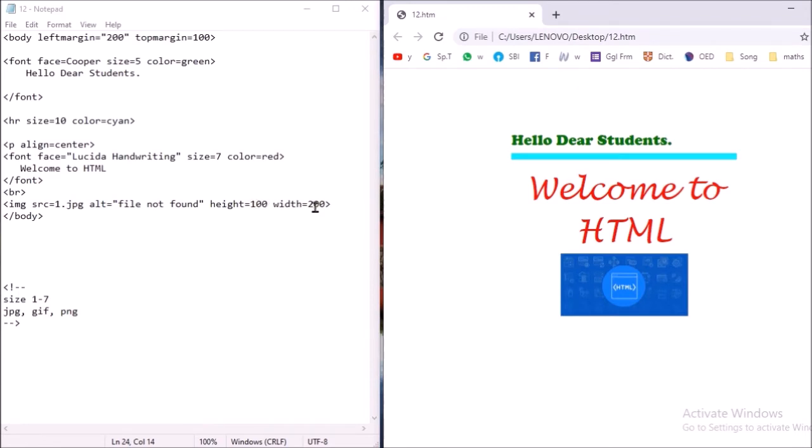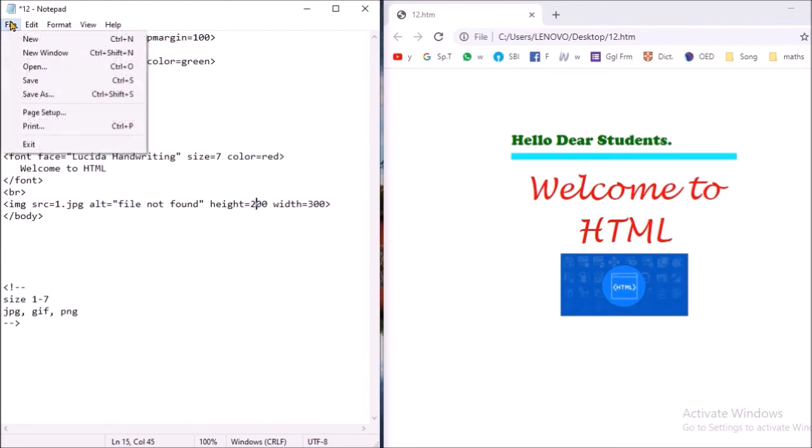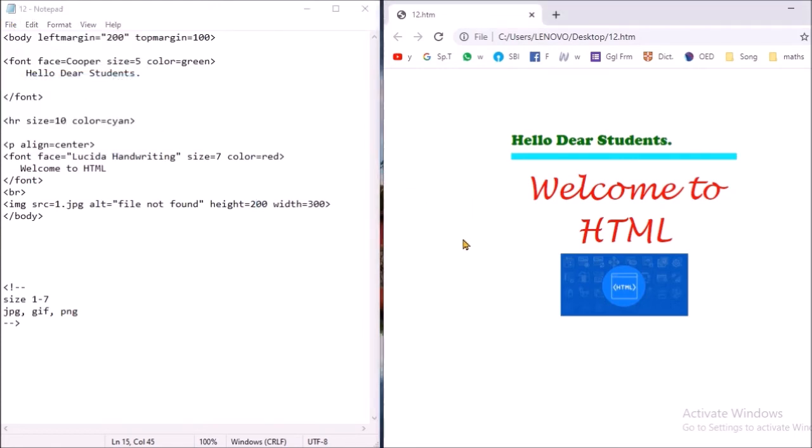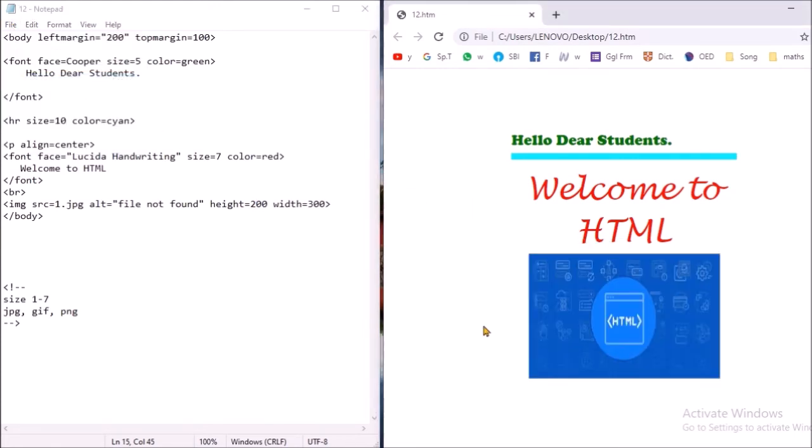If I change this to 300 and if I change it to 200 and I save it, right click, reload, you are seeing the image is increased now. So these are the details of font, horizontal rule and left margin, top margin.